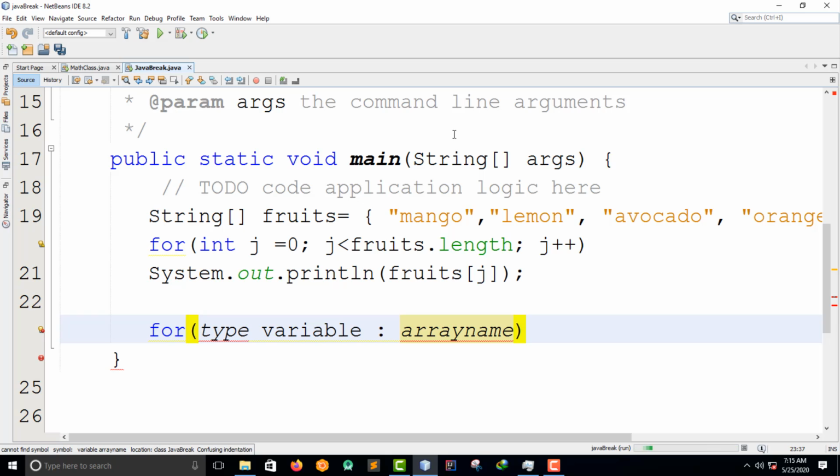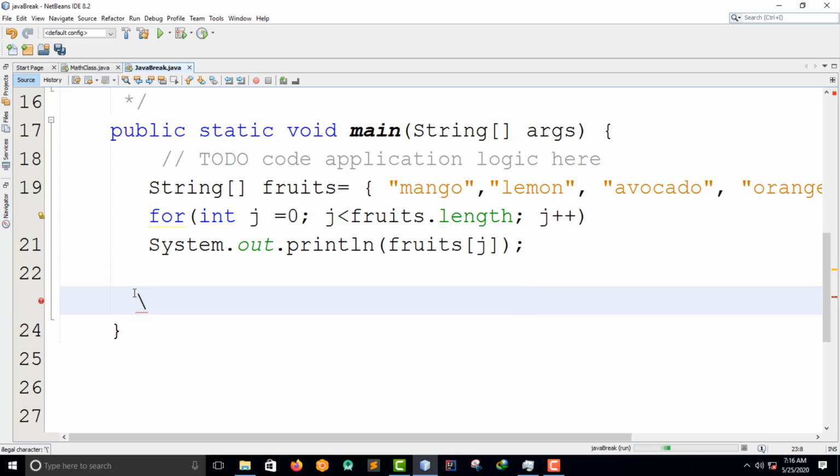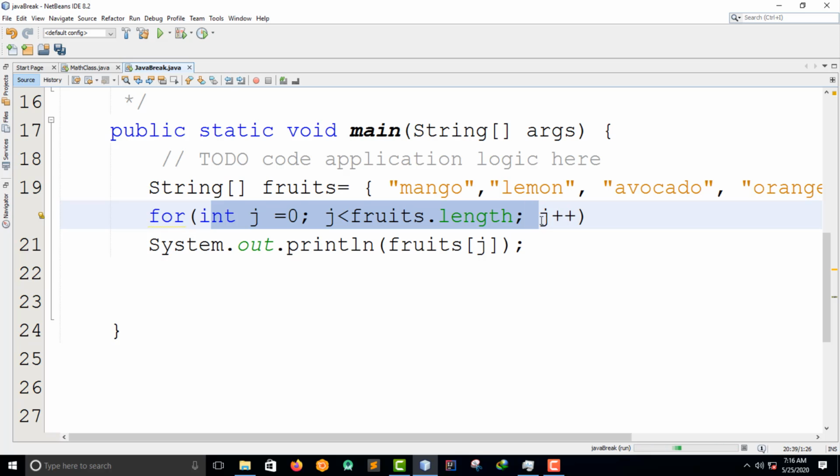That is it. So for example, let me do one example here with these fruits, and I'm going to use the for each loop. So let me delete this. At least this is the syntax, guys. Let me remove this. Sorry. So I'm going to do an example. I'm going to still use this because I'm too lazy to write. But for this, I'm saying for. Here I'm going to change these things. Fruits dot length is one way of putting everything. So here I'm going to say String.